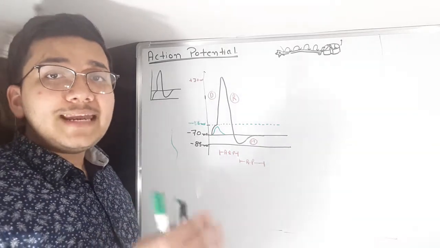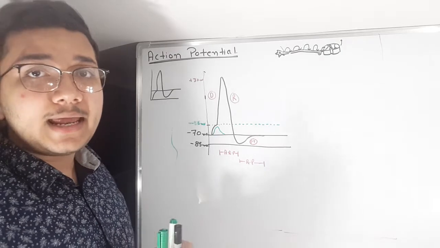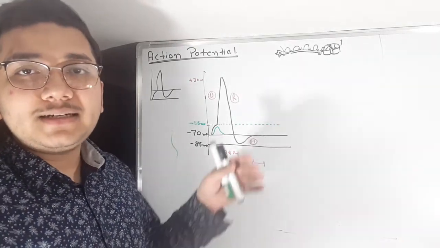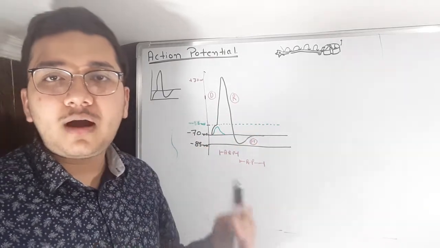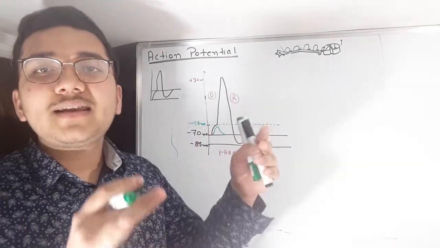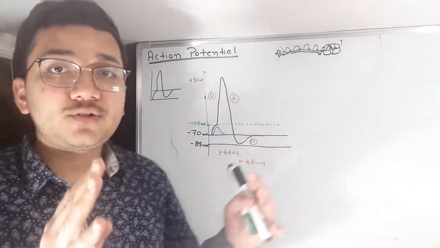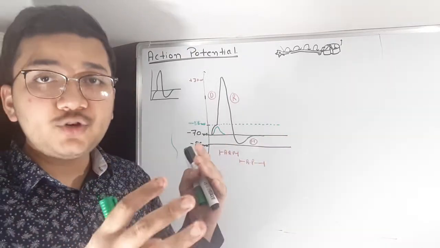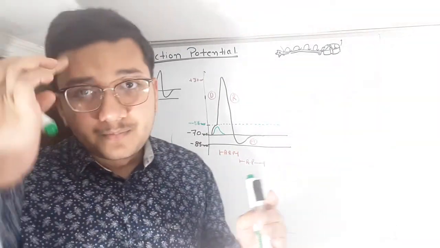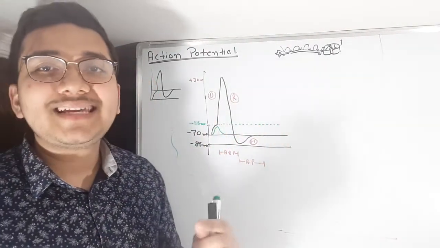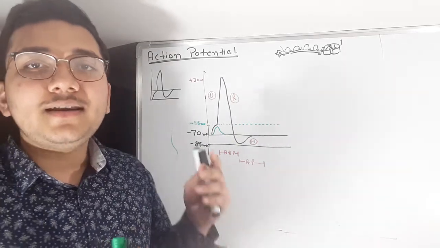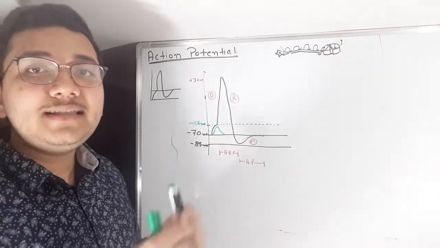But here the Na positive VGCs open, and when they open, a lot of Na positive comes inside the cell. What I mean is that from the extracellular matrix, there is a large abundant amount of Na positive, so a huge amount of Na positive diffuses in. When the threshold is reached, Na positive comes inside the cell, or we can say the influx of Na positive occurs, which results in a net positive gain inside the cell, which is in the